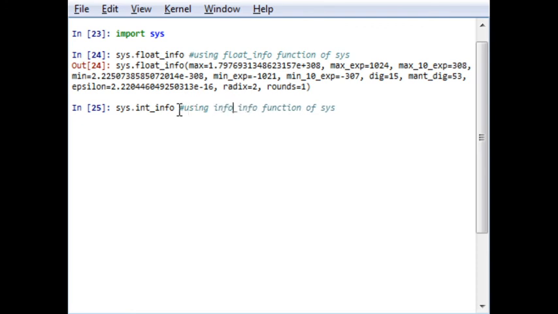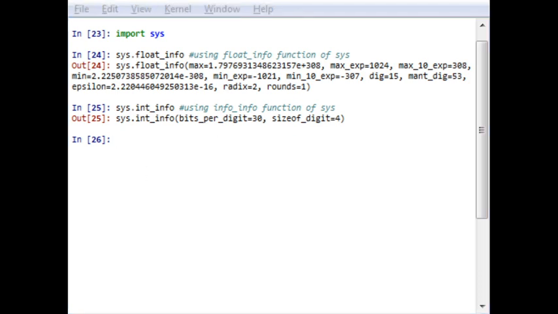This particular sign is used for commenting a line, so it is not a part of a command. When you write sys.int_info, it will give you an output that total 30 bits per digit, and size of digit will be 4.